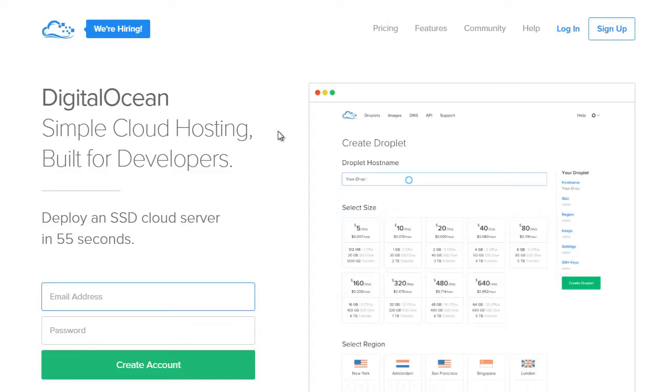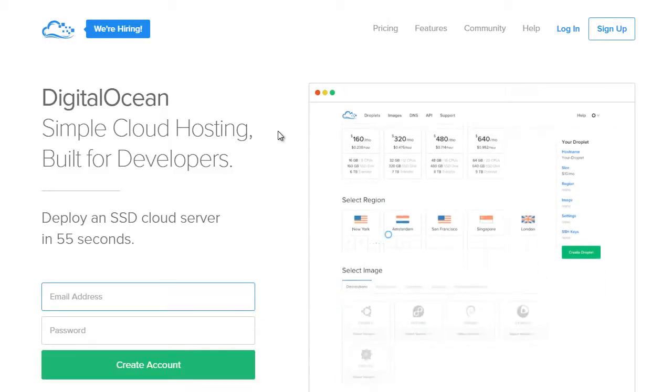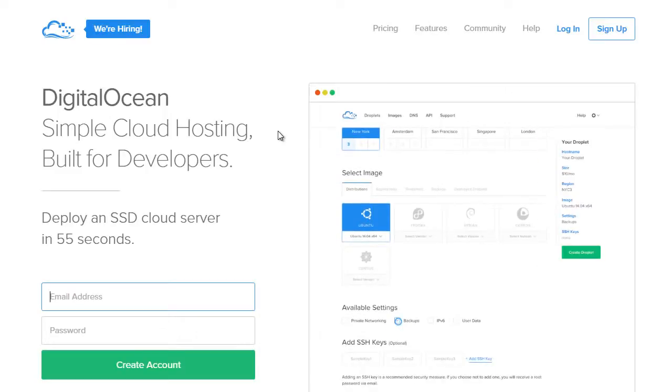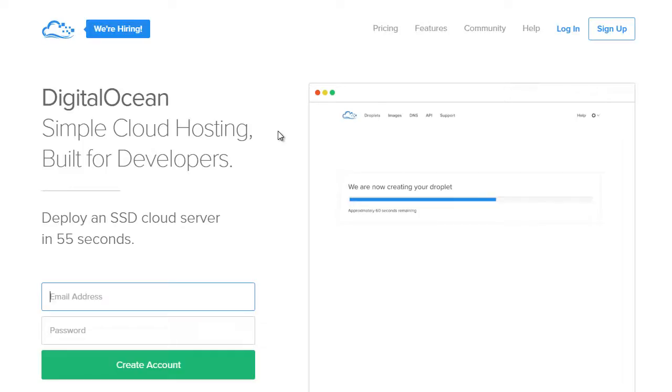First thing we need, however, is a computer somewhere else in the world. Now, there are a bunch of different websites. My favorite is DigitalOcean. They're super cheap,